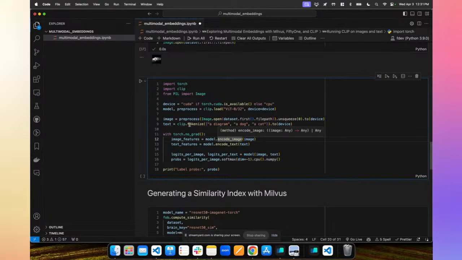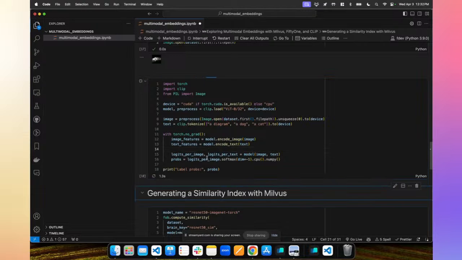And for the text, we need to process the text as well. The way that transformers for text work is they tokenize the text string into a bunch of small pieces, and then with positional information about where in your sequence of tokens each of those tokens appears, they pass all of that in to the text encoder. So here you can actually see explicitly the fact that the text encoding is handled by one part of the model, and the image encoding is handled by a different part of the model. So we can do this.